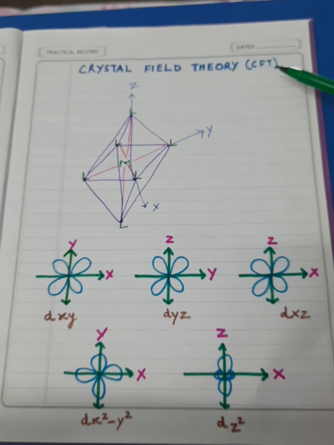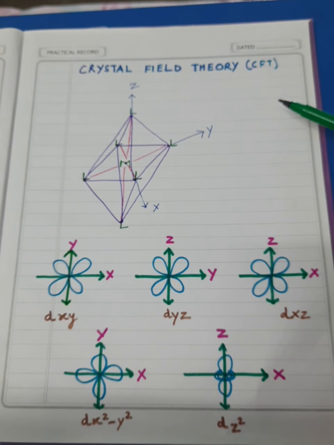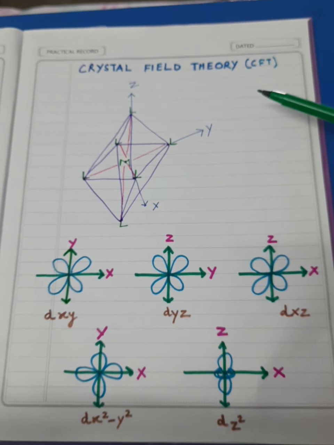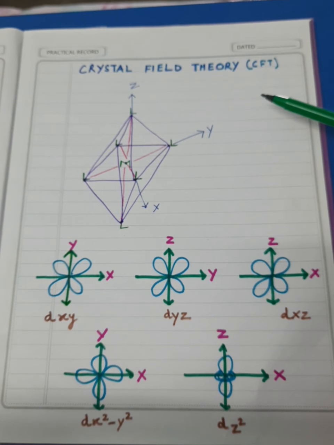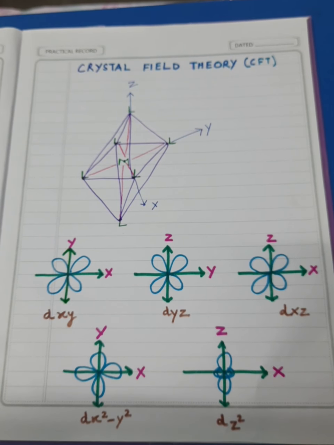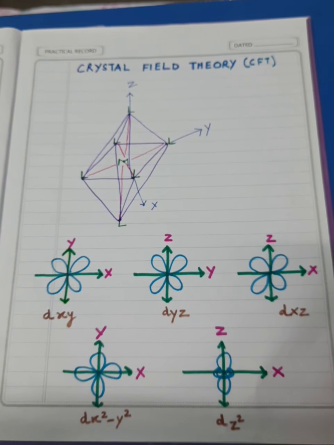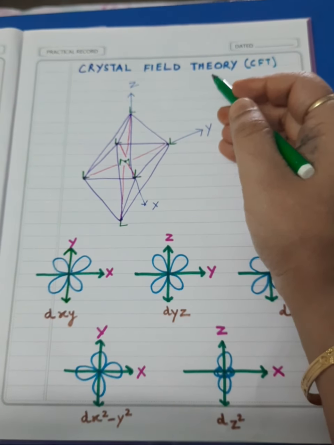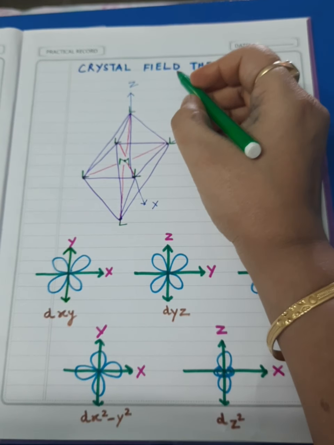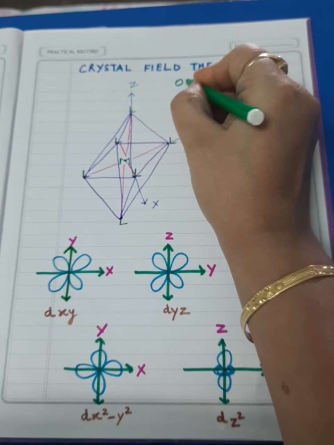Towards the end of this content on crystal field theory, in some other video I will be discussing the comparison of valence bond theory and crystal field theory. But first and foremost, you should clearly understand the concepts of crystal field theory. Dear students, to understand crystal field theory, you need to understand the geometry of the complex and the structure of d orbitals. Presently in this video, I will be discussing crystal field theory application on octahedral complexes.